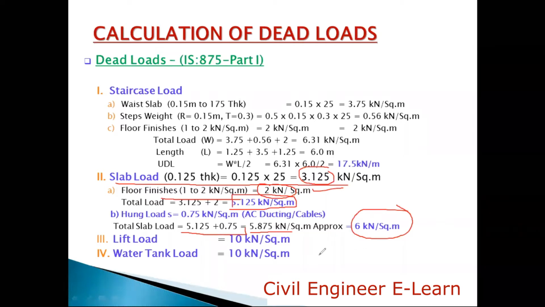The same thing with the water tank load also. In the case of the water tank loads, we have to consider this water tank load in the same way. We would be getting around 6 to 8 kN per square meters as the water tank load when you estimate it in terms of pressure, meaning per square meters, this is the load. And depending on the occupants, we can change it. Even here, this value would not go more than 10 kN per square meters, right? So these are the basic loads under the dead loads.